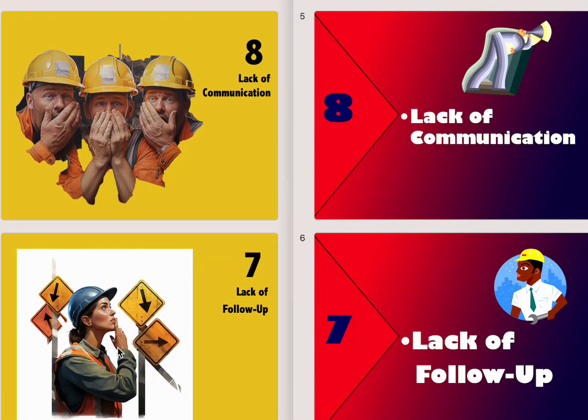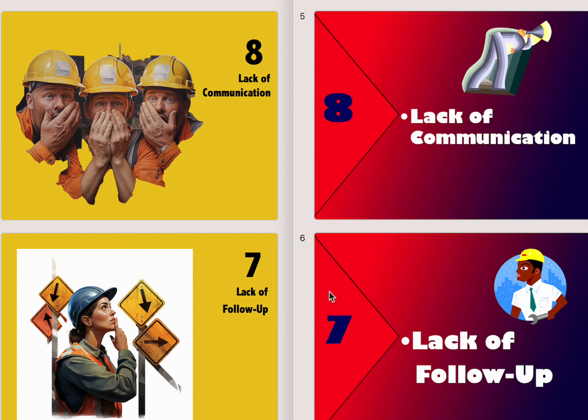Now this one on the right really makes me cringe. It's lack of communication. So the image, which is hard to understand, shows someone communicating with a bullhorn. So it's completely opposite what the text is, which is saying lack of communication. It's a really abstract image and just really hard to figure out. And the colors have nothing to do with the colors of the slide. So this is really terrible. So I made this one again on the left, tried to find an image related to lack of communication,